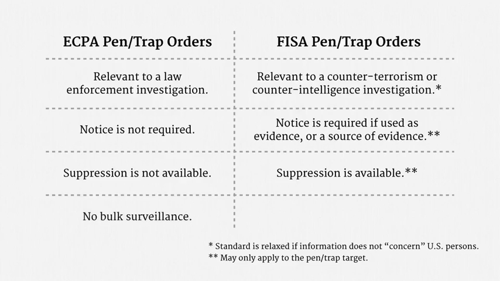Back to ECPA. No court has authorized a bulk surveillance program with the ECPA pen trap authority. And I don't believe the executive branch has claimed that it has the authority for a law enforcement bulk surveillance program using ECPA's pen trap provisions. On the FISA side, bulk surveillance actually has been allowed. The executive branch has argued for it, and the FISC has authorized it. In fact, the National Security Agency's first court-authorized bulk domestic surveillance program was operated under FISA's pen trap provisions.